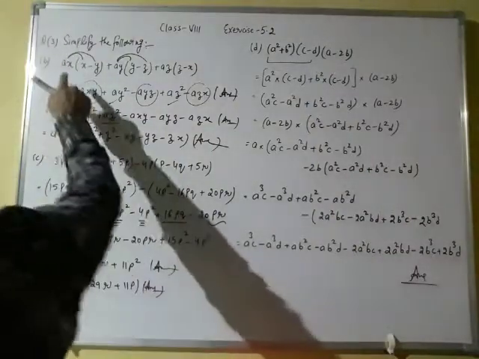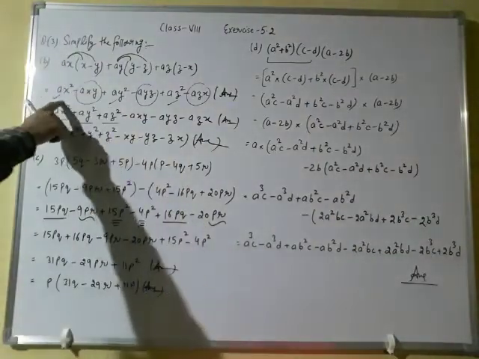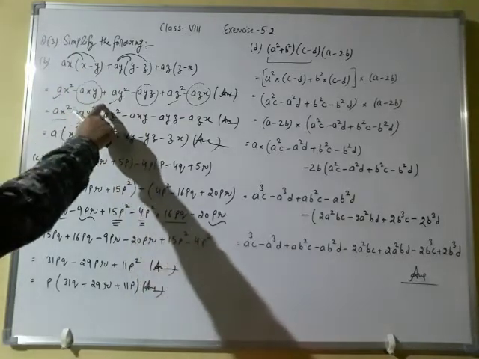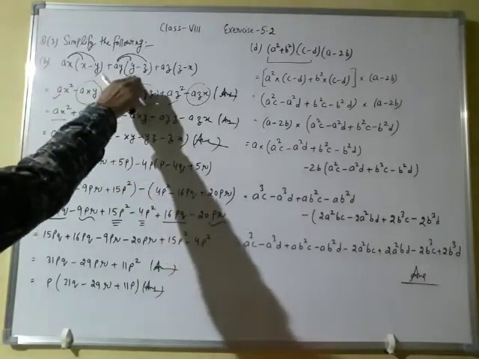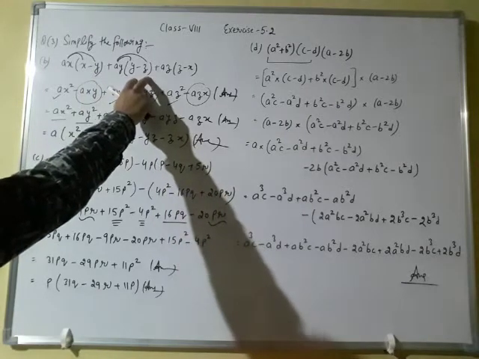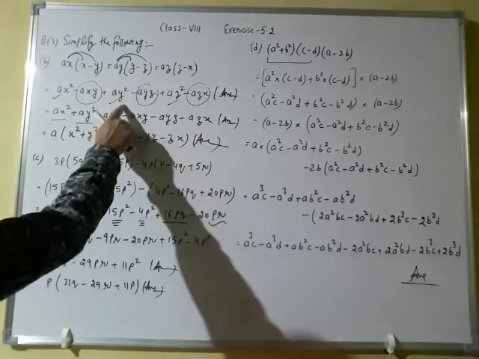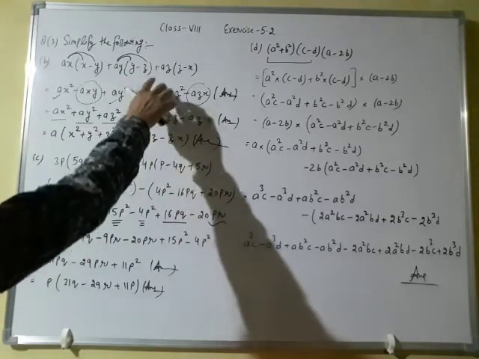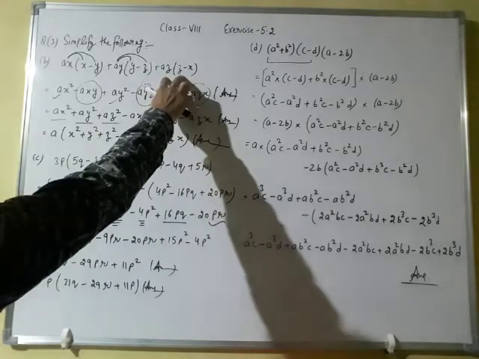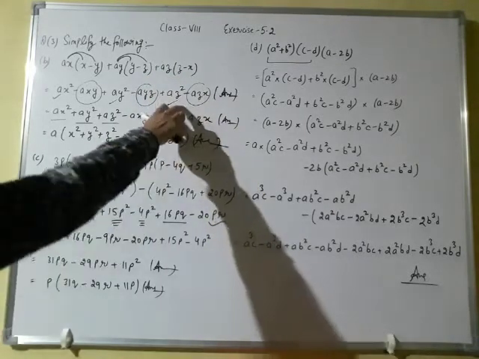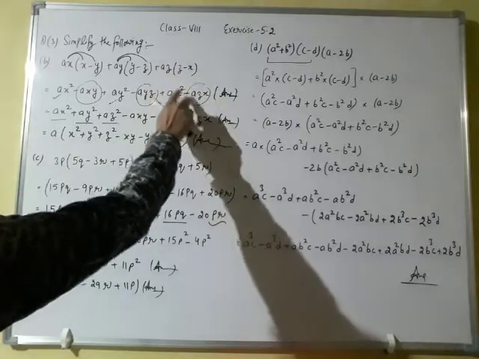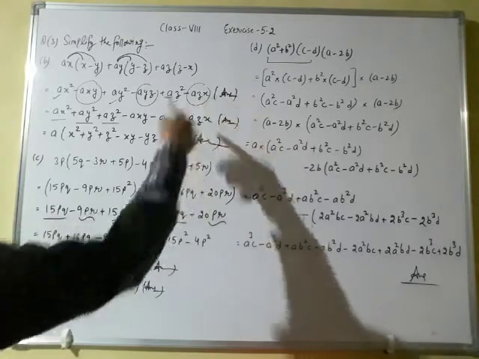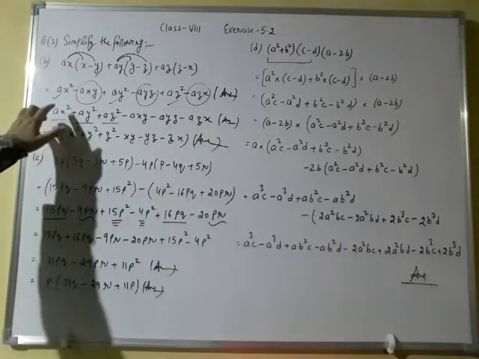So multiply ax into x, ax square, plus minus ax into y, axy. Okay. Now similarly ay will multiply by both the terms of this binomial. Ay multiply y, ay square, plus minus ay into z, ayz. Now az will multiply by z, so it will become az square, then plus minus az into x will become azx. It can be your answer, but we will solve it further.